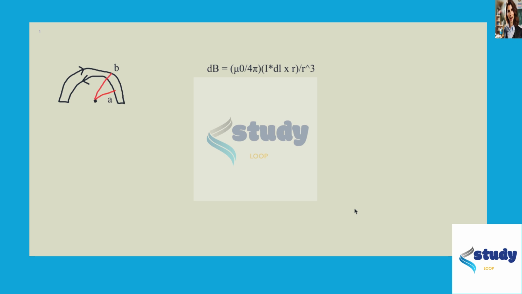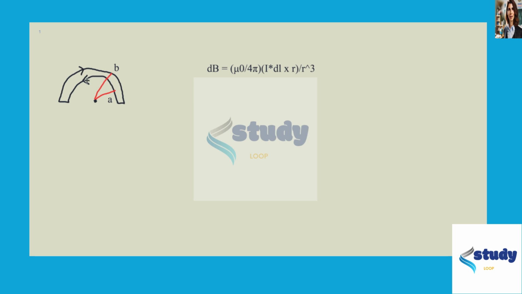Okay, we're looking at question 28.66. We have two wire semicircles that are connected here to make a current loop. And we're trying to find the net magnetic field that the current in the wires produce at this point. So this point is a distance A from this inner semicircle and distance B from the outer